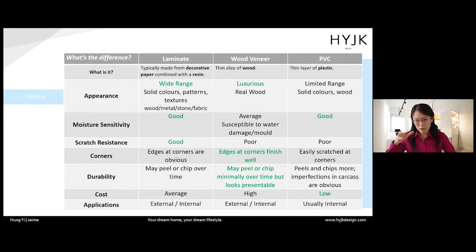But for us, we use all colored and wood grain because white generally has staining issues and more problems. So we don't use white. We use something that will last longer, which would be the colored PVC for the inside. And that's usually good enough. Unless you really want to have laminate on the inside, then you have to top up for that portion, because laminate is not that cheap either. And of course, wood veneer would be the most expensive, but very luxurious, very nice.